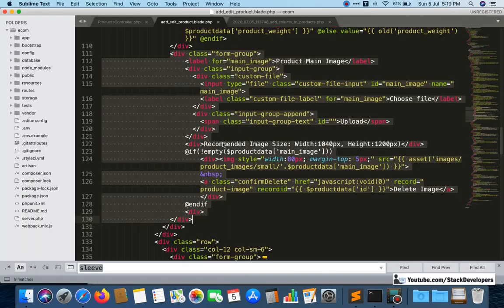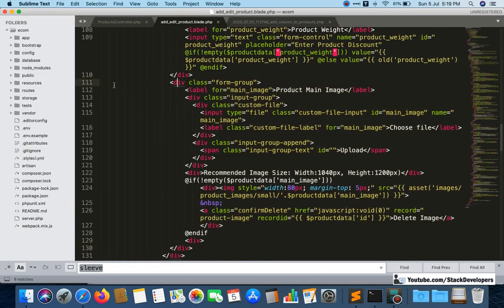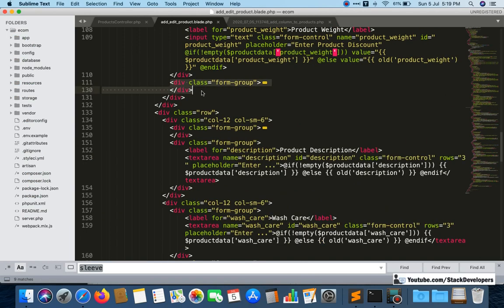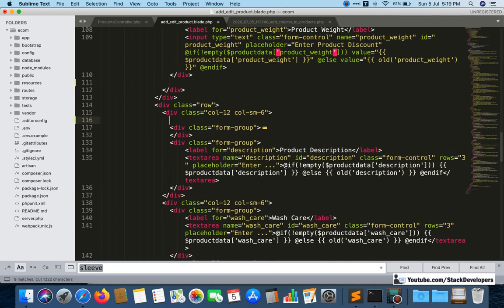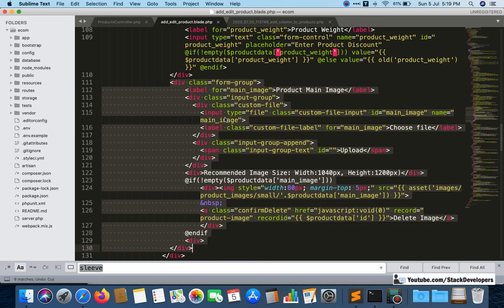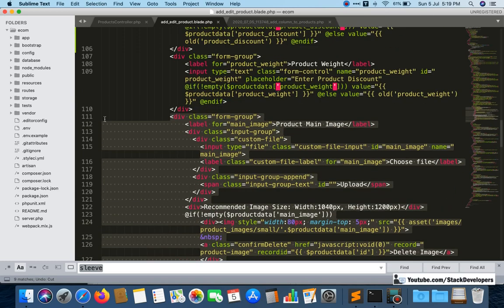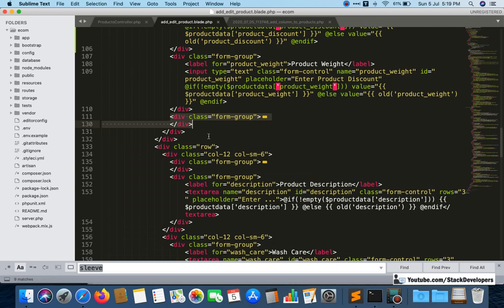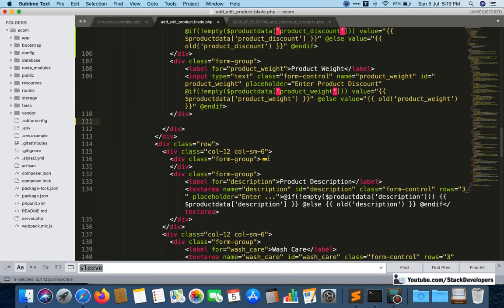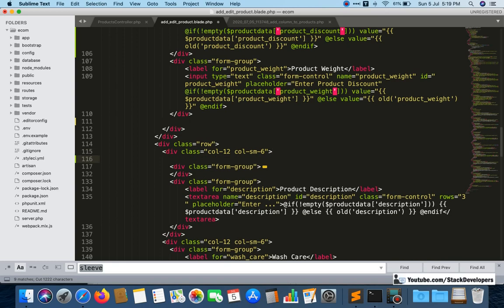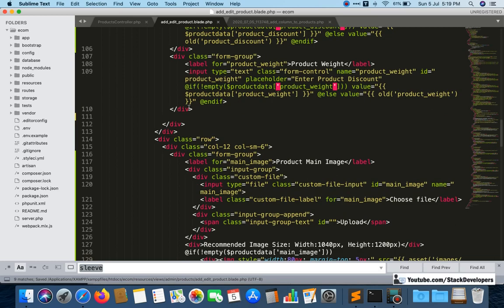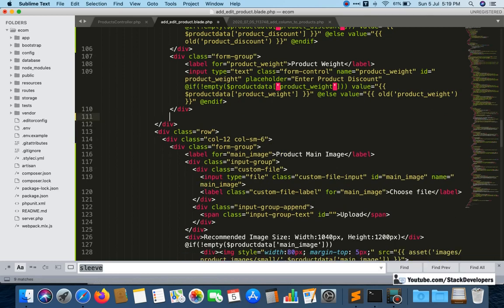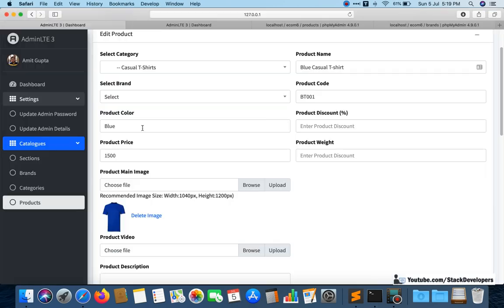Now we want to do product main image, and I want to shift the main image to here after this one. I think there might be some issue with it. Yeah, there might be an extra div. We can remove this one, and now I can try once again.